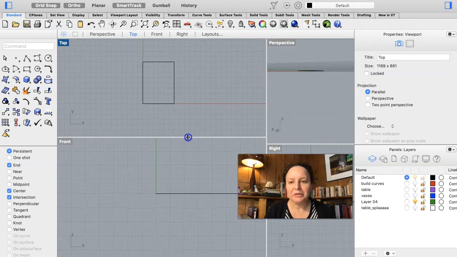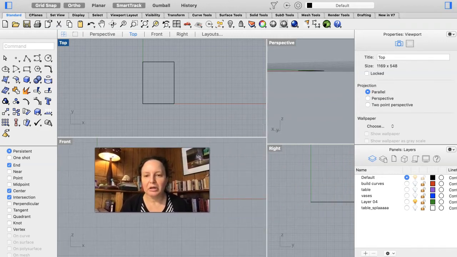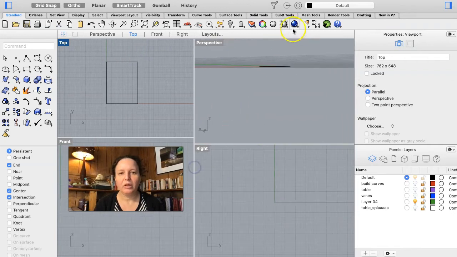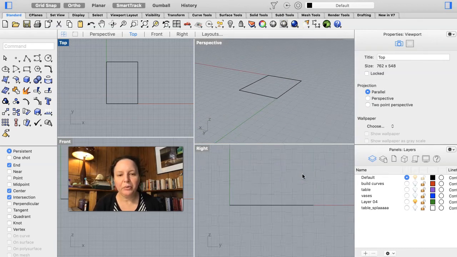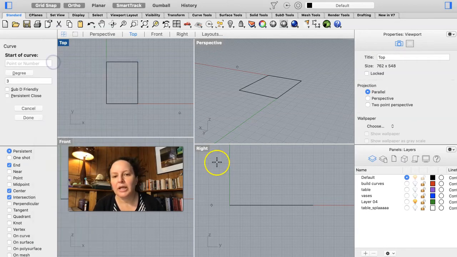So probably what I would do is go to the front or the right. In this case, actually, I think the right viewport would be a little bit more appropriate. And of course we want to get that in. So here within this right viewport, I would start to draw a freeform curve. And so if I take a control point curve and start on one side here,